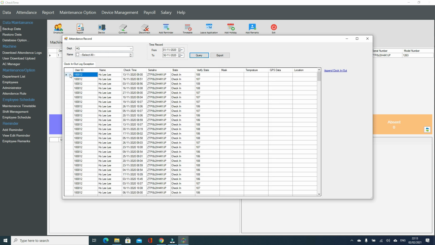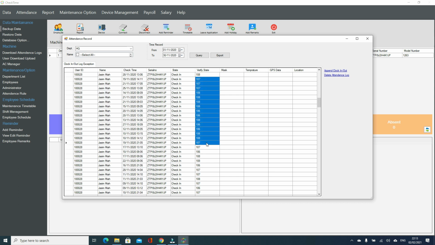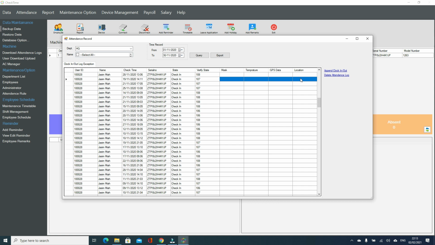You can see here the employee ID, employee name, date, serial number, the device, check-in and verify state, how the scanning came from the machine. If you set face or fingerprint in the settings, it all comes here, and other details like mask, temperature, GPS data, location all depend on how your software is set up. This report also you can export to Excel.